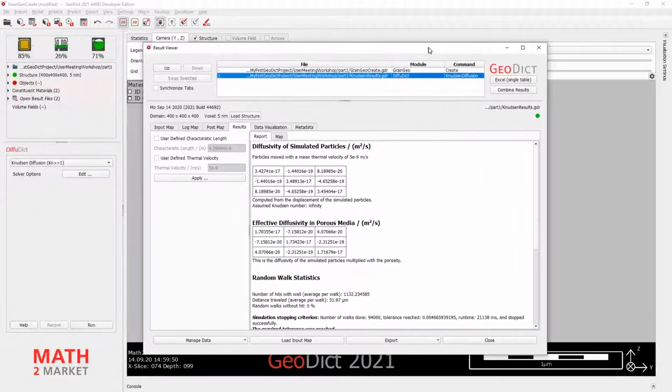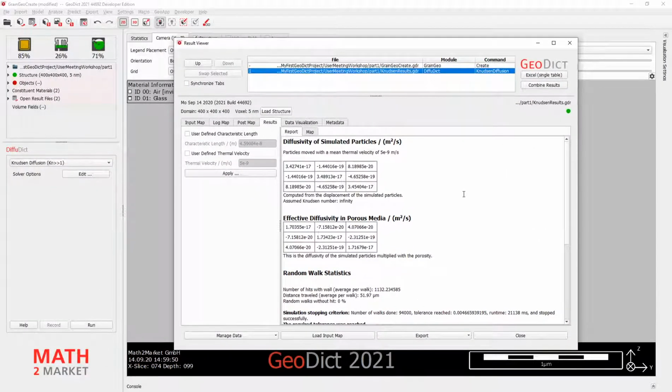So, and this is then what you see here, the result file of the Knudsen diffusion simulation. And here you see we have a tensor for the diffusivity.